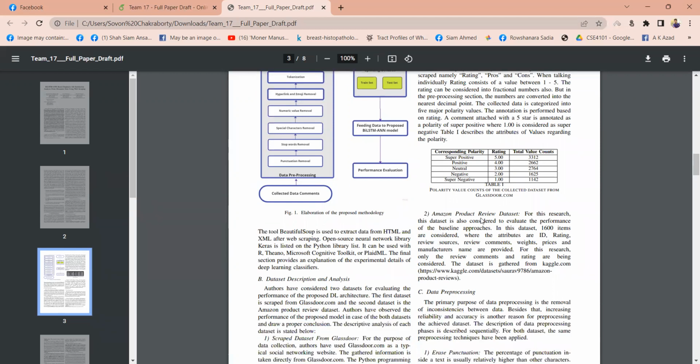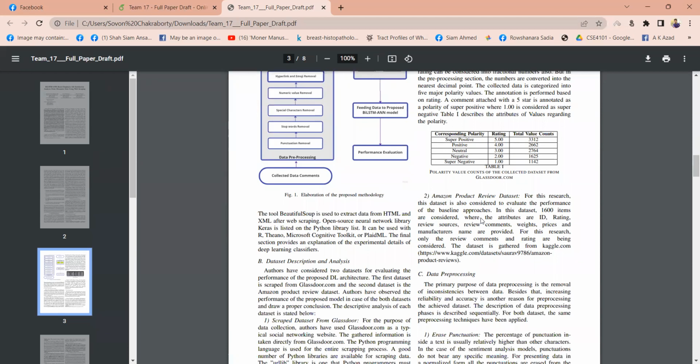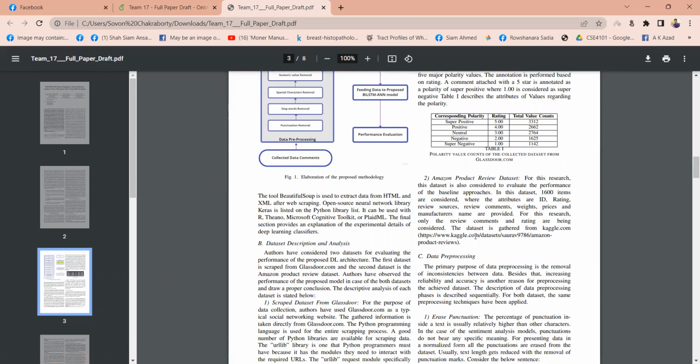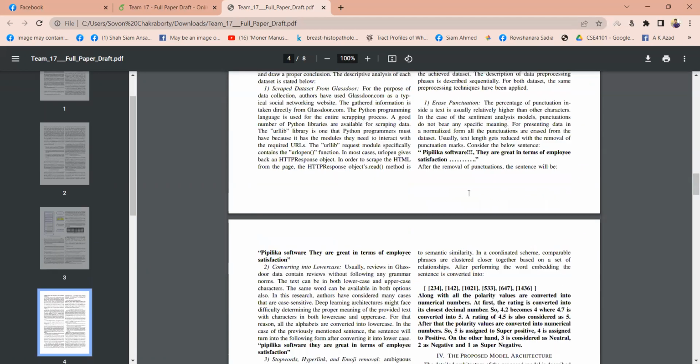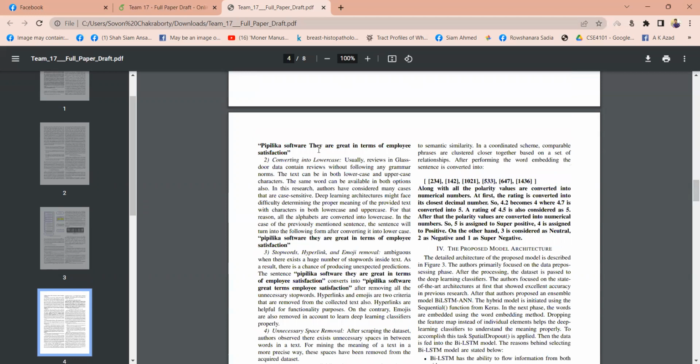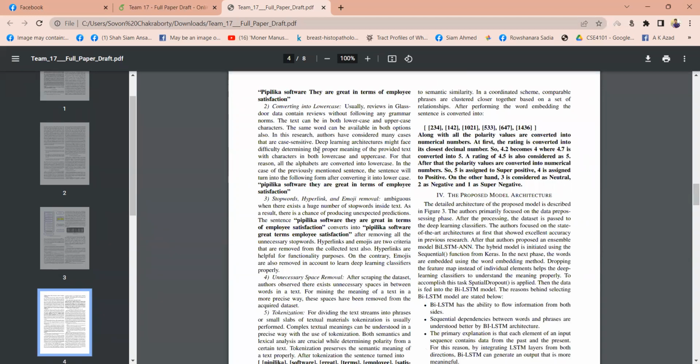We also considered another dataset called the Amazon Product Review dataset, which is available at Kaggle, for observing the results of our model. In the case of data pre-processing, we erased punctuation marks. All the examples are given here. We converted all the letters into lower case. We removed stopwords, hyperlinks, and emojis.